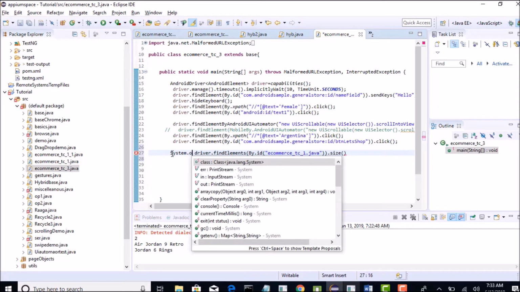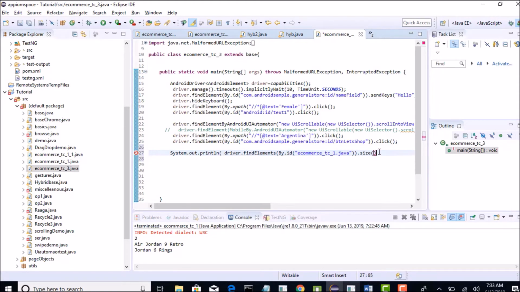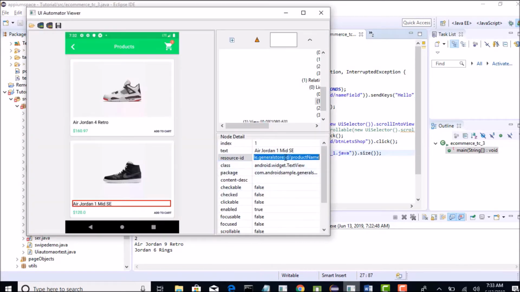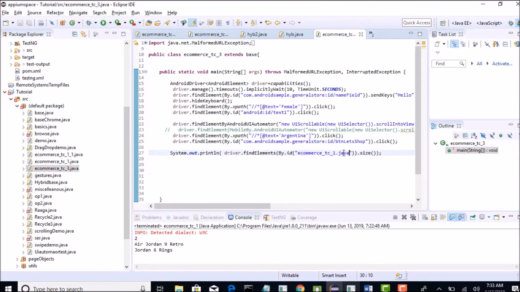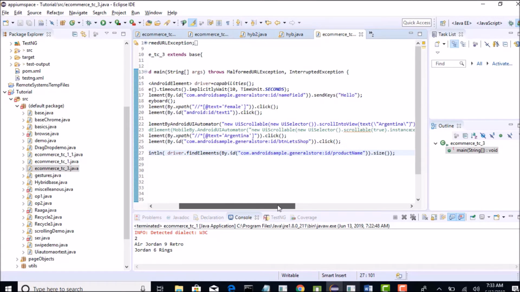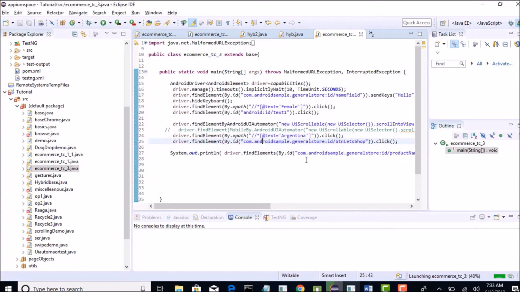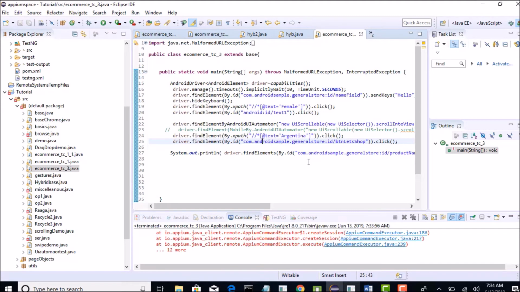This should return me the number of products present on the page, because all the products have the same ID, isn't it? Oh, this is the wrong ID. When all the products have the same ID, and I try to find all the elements on the page which have this ID, then it should return the total product items. But I'm just showing that it will not do that.